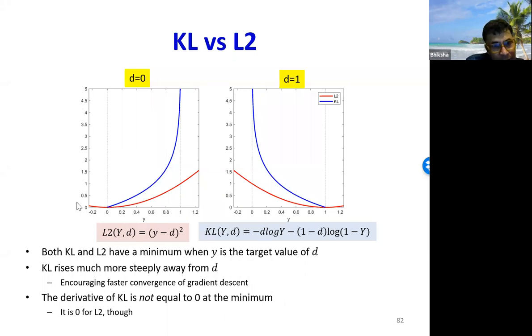Now, the L2 divergence is nice, but it ignores the fact that this is a classification problem. If the desired output is 0, if it's not a digit 2, and the network is 100% confident that it's a digit 2,